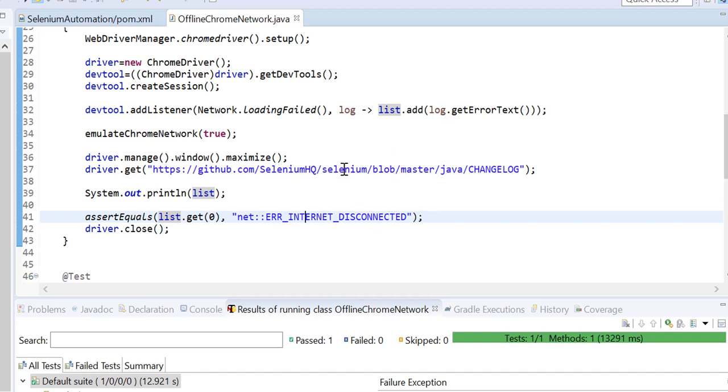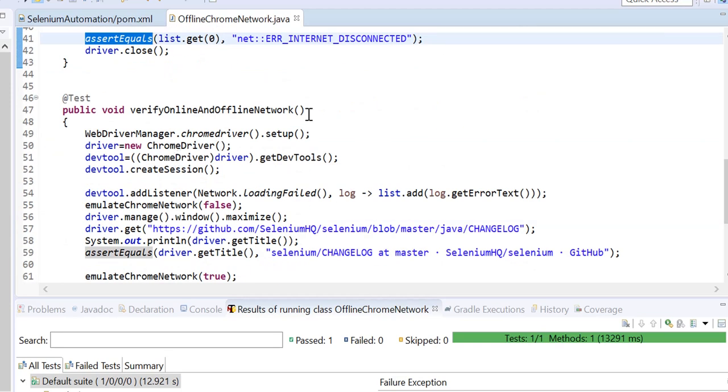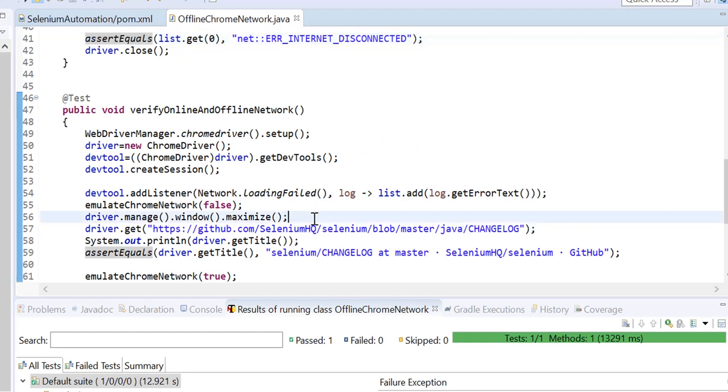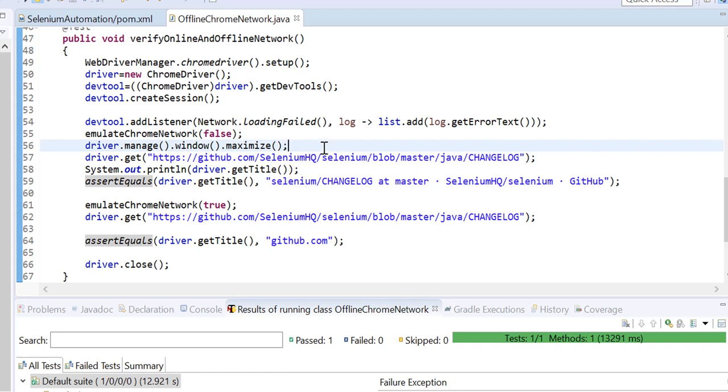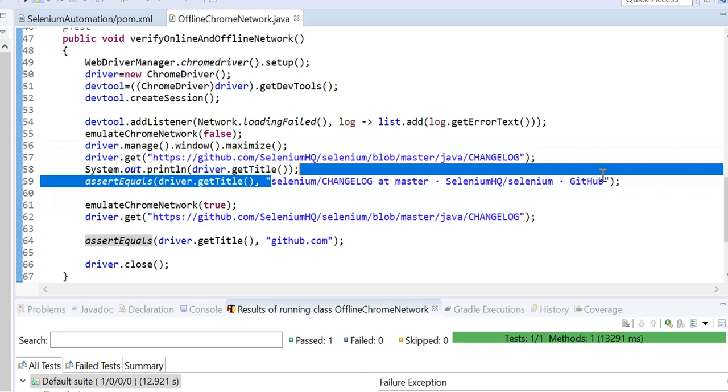This error I am asserting, I am verifying here. You can see the assertion here, and in the other test everything is the same. When the network is online, I am asserting the title of a particular website. So when the network is on, we will see a title that big.